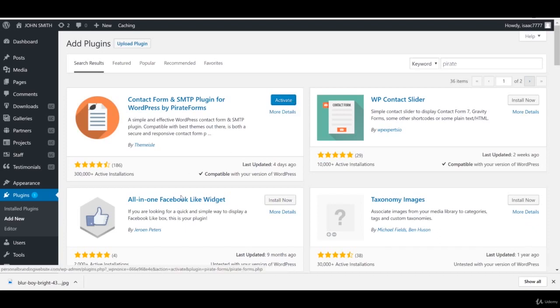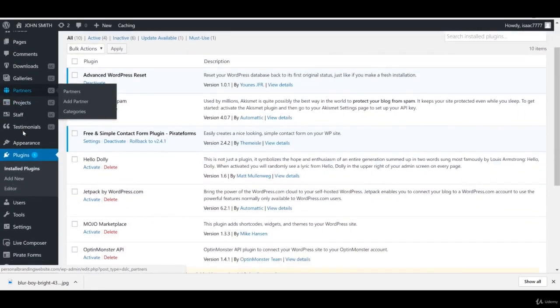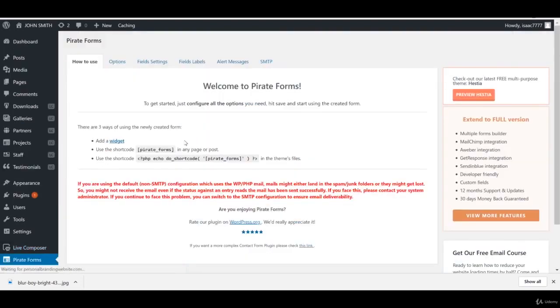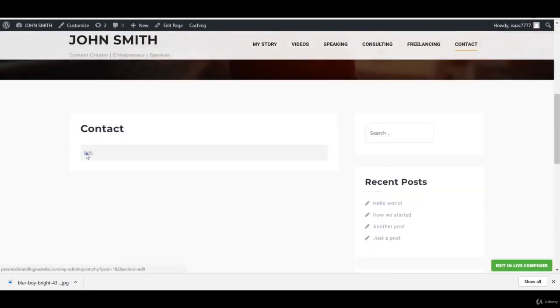And what that's going to do is install this new plugin. Alright, so if you scroll down, you'll now see that you've got this section here called Pirate Forms. What I want you to do is click on it, and nice and easily we're just going to copy this. If we just go Control C and go back to visit site, and we're going to go to our contact. Awesome. So now what you're going to want to do is hit edit,